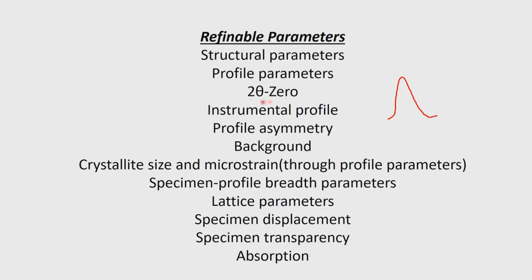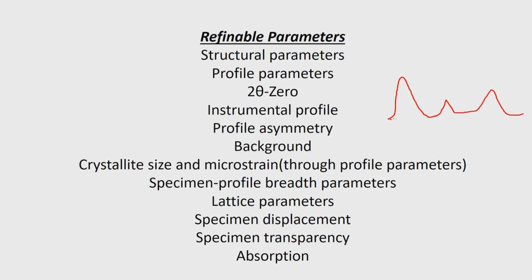Then there is a typical instrument profile. One of them is caused by me just now. So it can have a shape throughout like this. This is an issue which can be corrected. Then profile asymmetry, which is very obvious in this profile which I have drawn. Then if you now consider the powder pattern to be going from a certain 2 theta value to certain other 2 theta value, so let me extend it like that.